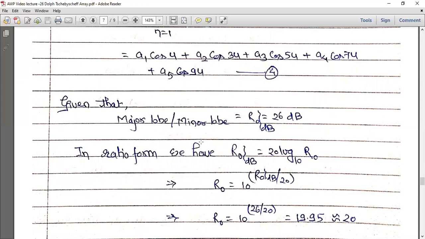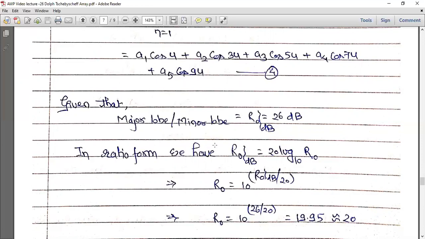When it is written major lobe to minor lobe, it is actually the ratio of amplitudes. So in general, major lobe to minor lobe ratio means the ratio of the amplitudes of the field. Since it is representing amplitude, the dB value is represented by 20 log 10 base. If it is the ratio of powers, in that case it will be represented by 10 log 10 base. I have made the same thing clear in class one or more times, that if you want to convert power ratios to dB, you should use 10 log 10 base of the power ratio.